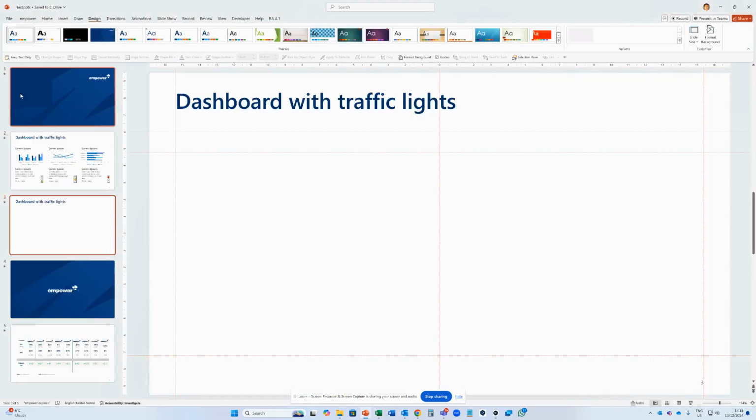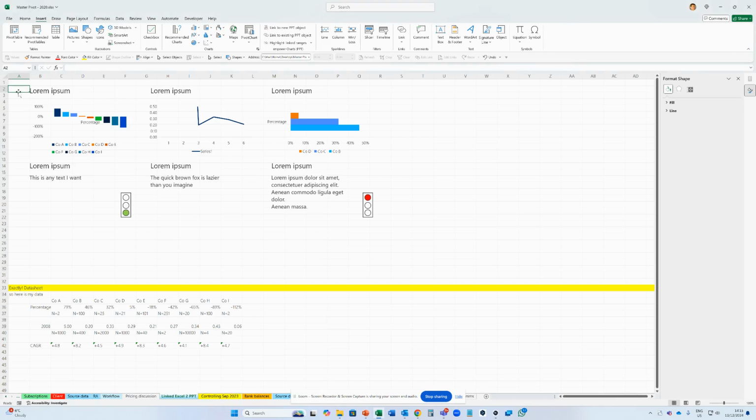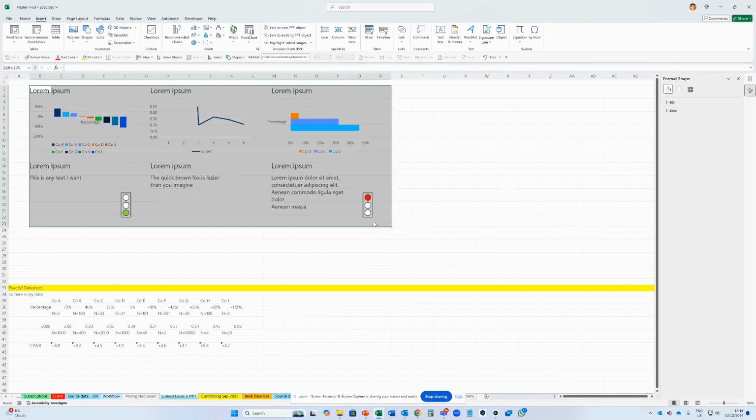You can only copy a certain range. So instead of doing what I'm doing, what I actually want to do is go from cell B2 to, let's say, okay. I'll show what happens when I miss this one out. So you can see I've highlighted this size. I can now link this to a new PowerPoint object or to an existing PowerPoint. So I'm going to just do a new object,